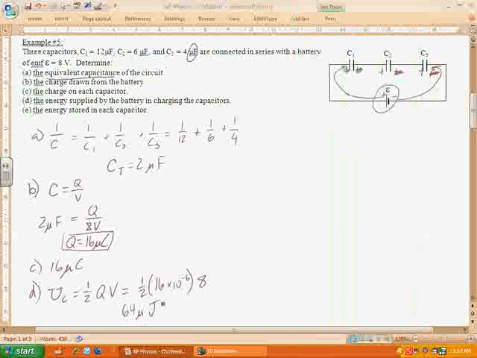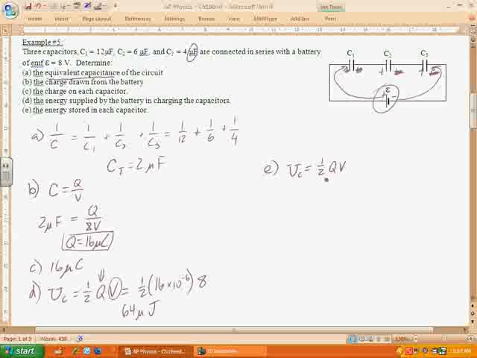So there's a couple of ways that you can go about this. Probably the easiest way is if we take that energy, which we know is 1/2 QV for a capacitor, and then we say, well, for a capacitor we know that the capacitance equals Q over V, which if we rearrange that means that the voltage equals Q over C. Then I can now take this and plug it in there, and so I'll get the energy is equal to